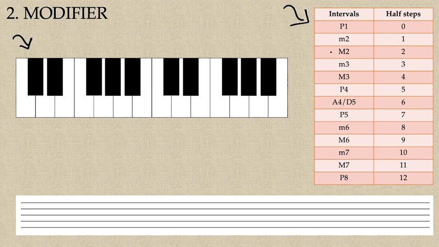This is how you read the half-step chart. For example, once you have figured out the number portion of an interval, for example, this is a 3, this is a third. Now we have to figure out if this is a major third or minor third. Then you have to count the half steps in between the two notes. If there are 3 half steps in between the two notes, then it's a minor third. If there are 4 half steps, then it's a major third. To give you some examples,